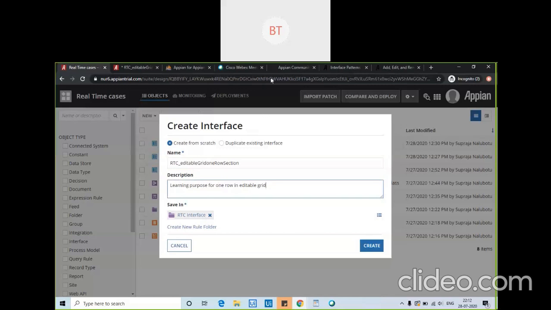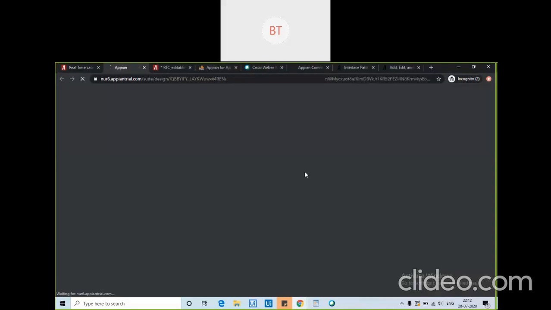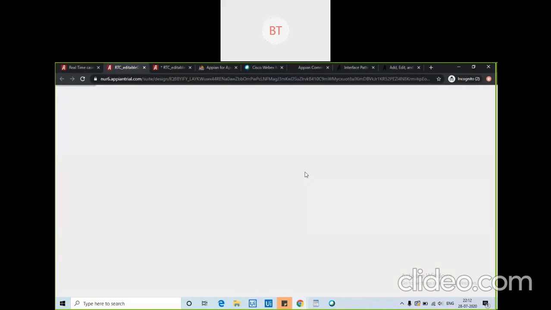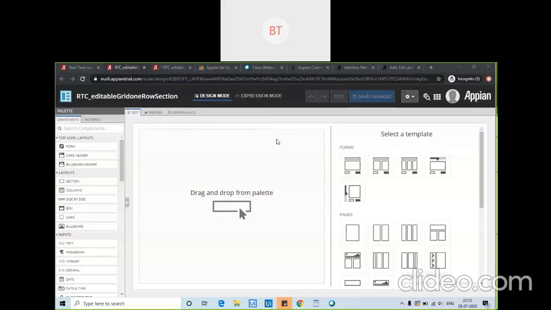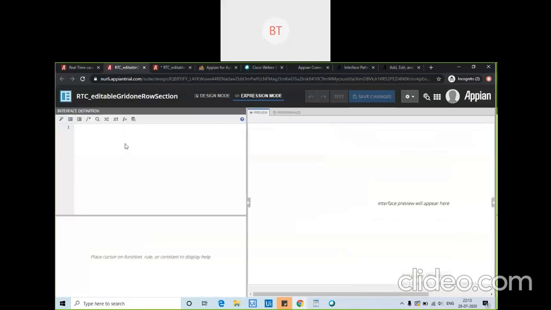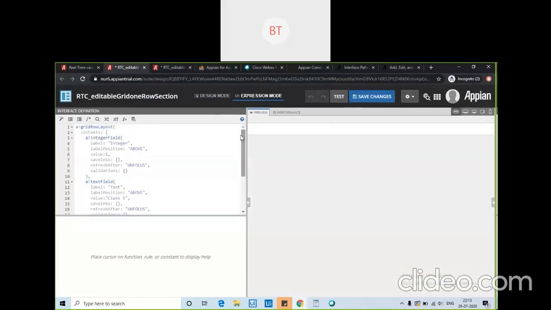I'm just creating it. I'll just paste the code here. That is for the one grid row.